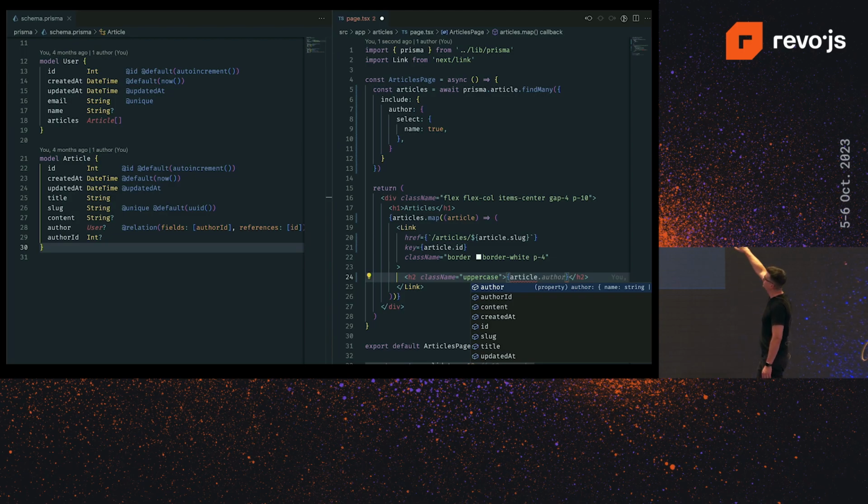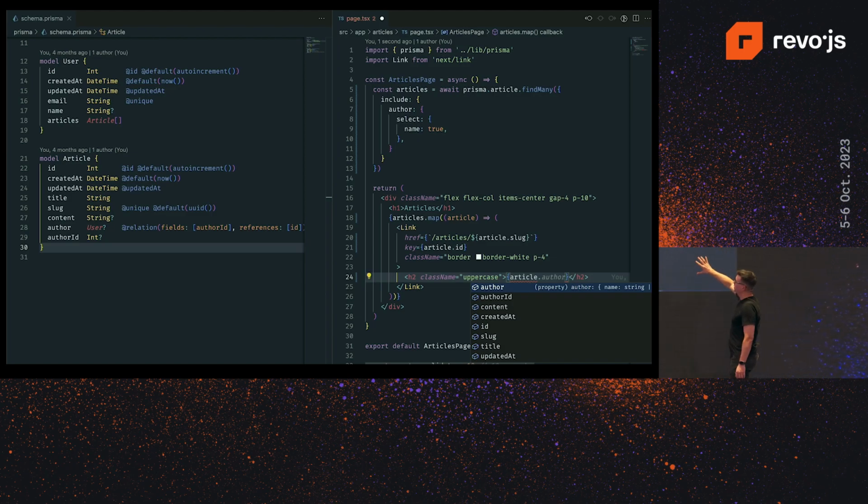You might notice on line 4 that we have an async. That async actually doesn't work on the client side, but it works on the server side. And you don't need an API to query your data from your database because Prisma is already doing it for you. So you can use this query to select all the articles and select the name of the author.